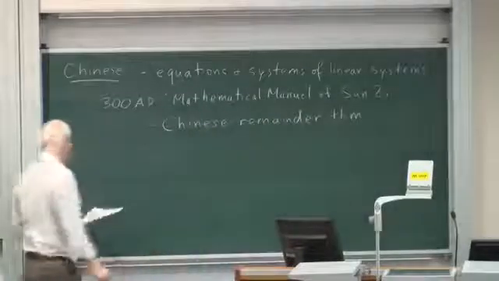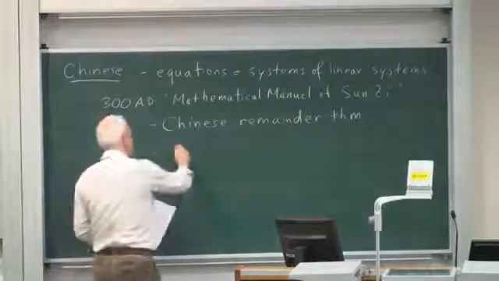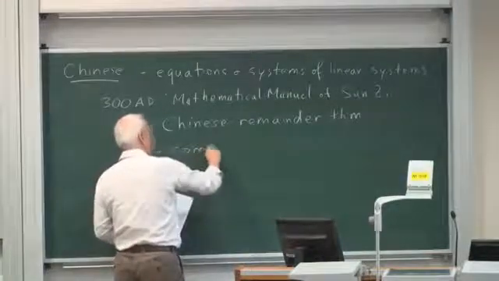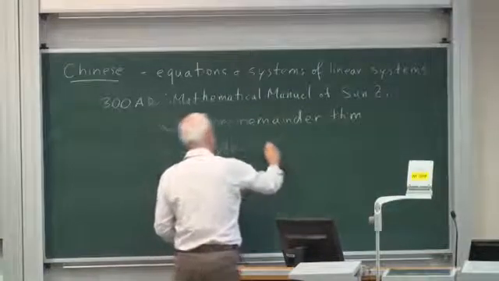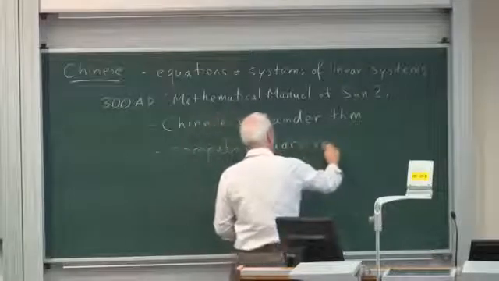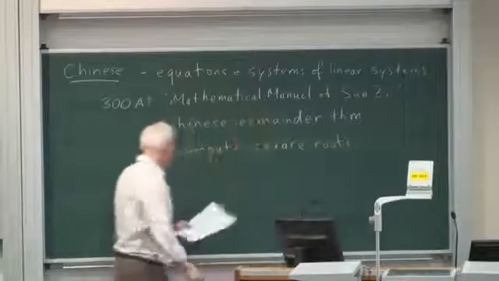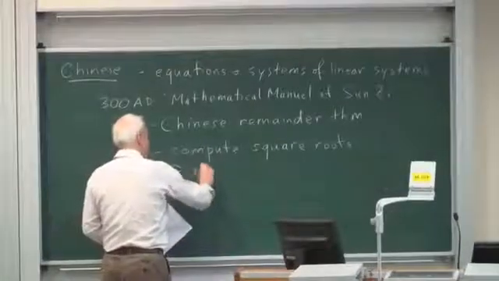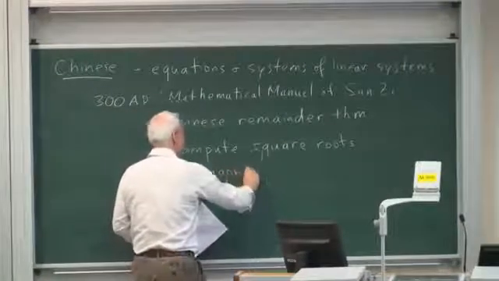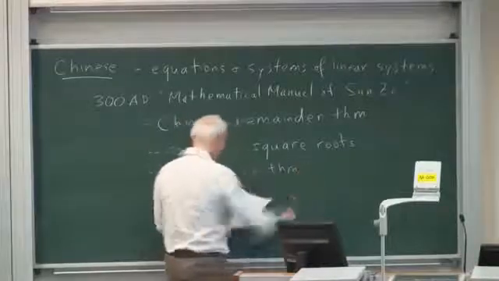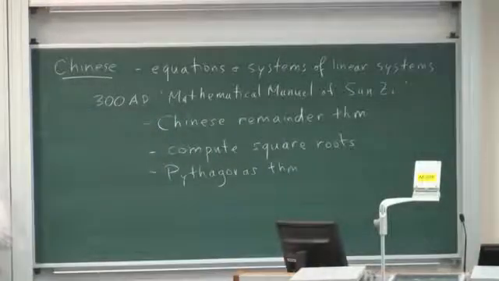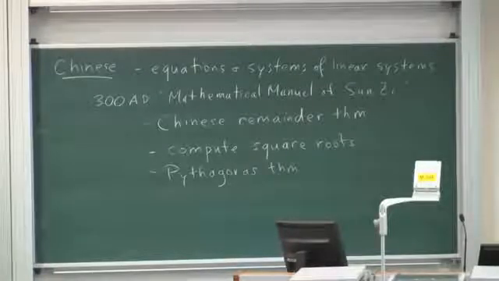The Chinese also were interested in computations. They knew how to compute square roots. They certainly knew about Pythagoras' theorem, and no doubt discovered it independently, or probably discovered it independently. It's hard for us to know because there would have been interaction between these ancient cultures. There was trade. People did travel around. Okay? So ideas were exchanged, but we don't really have a very good idea of who influenced whom.